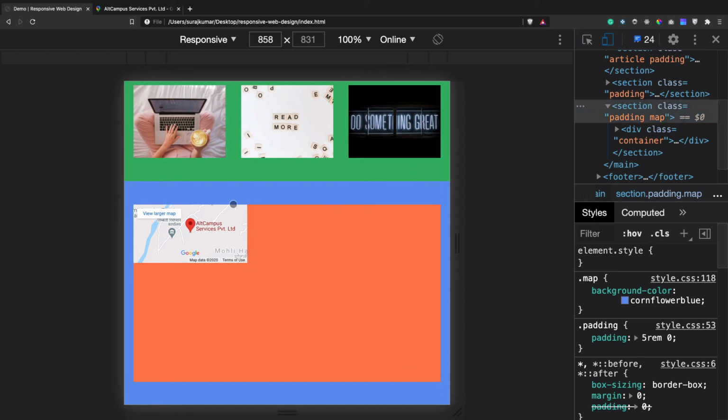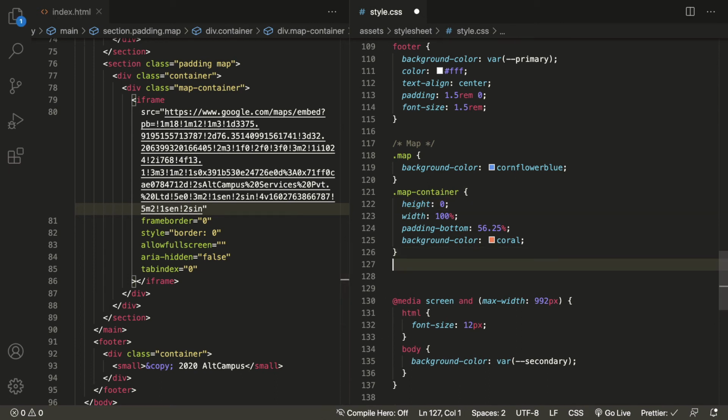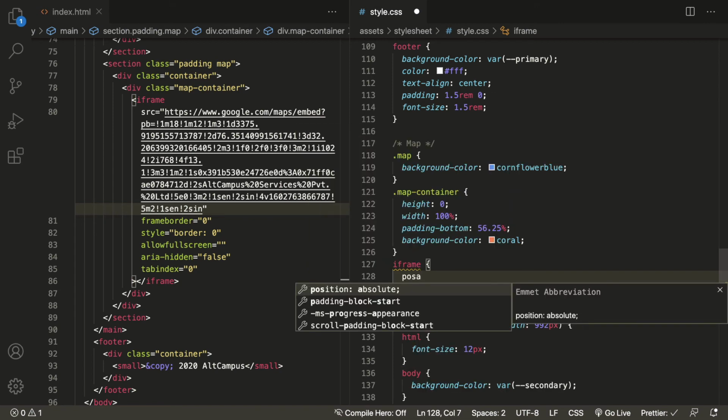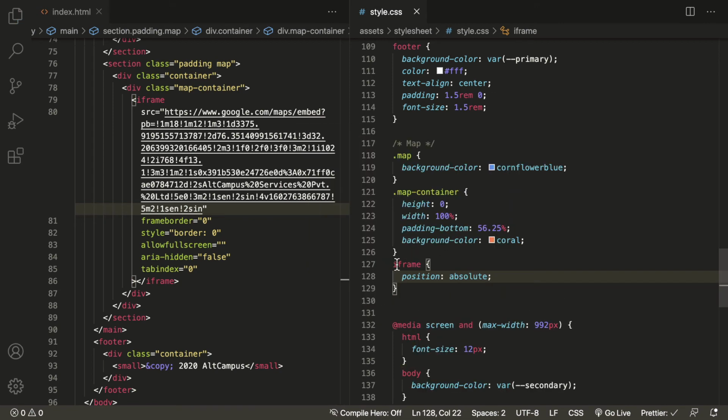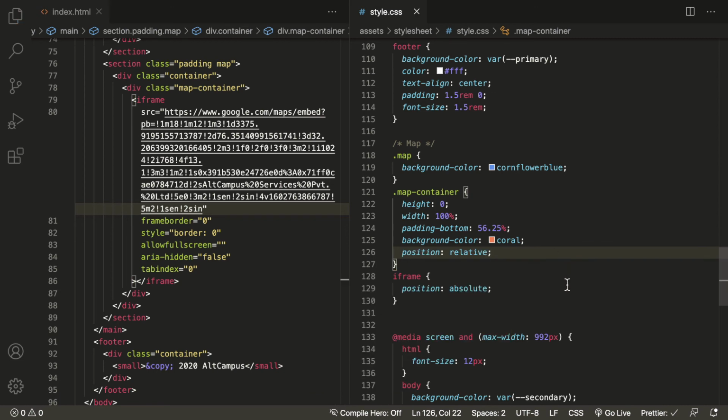Now we will place this map according to the map container we have applied. To do so we will make the iframe position absolute. And obviously if you want to place this iframe according to its parent, that is the map container, we will apply position relative to the parent. Perfect.